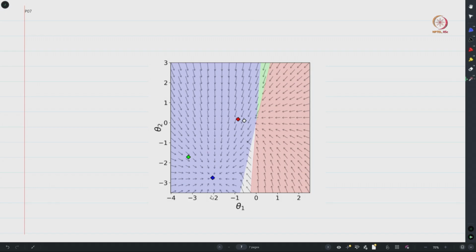So one may guess here that okay, if all the dynamics is pushing you towards this diamond that is present over here, maybe the phi theta associated with this diamond is associated with a good policy's Q value function, right. And surprisingly what we observed is that although the dynamics across this differential inclusion all push you towards this blue diamond, if you take the phi theta corresponding to this blue diamond and take the greedy policy associated with that phi theta, then one can show that that greedy policy is the worst among all the 4 different policies, right.